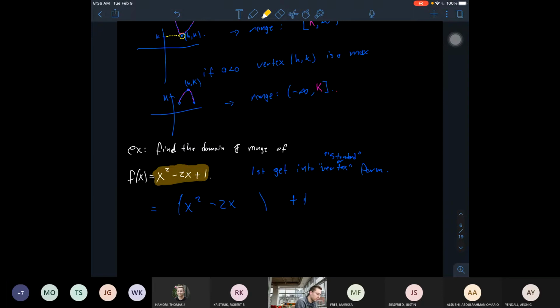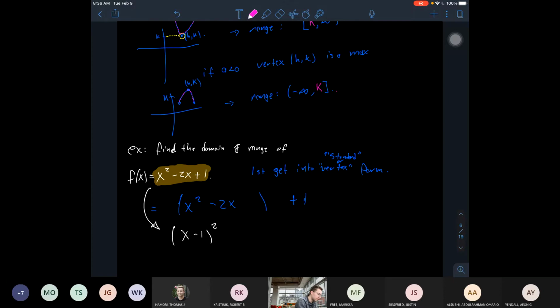Okay, this is already a perfect square. This would factor as x minus 1 squared. We can just factor it directly. But if we were to complete the square, what we would do is we'd write it like this, and